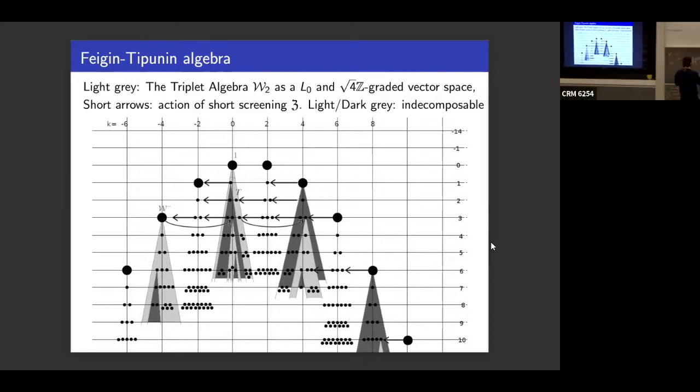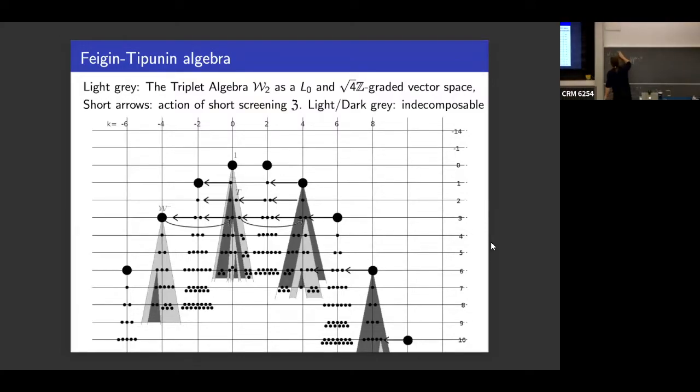Why did I mess something up? Ah, because it's square root 4. It's square root 2 times the root. Well, let's do it again. All I have to know is the formula I had last time in the general case. It starts with z to the square root 2 alpha with minus square root 2 alpha. There you have e to the square root 2 alpha, and then you have derivatives, z to the square root 2 alpha minus square root 2 alpha derivative. And here now you have to add this, so this is e to the 0.